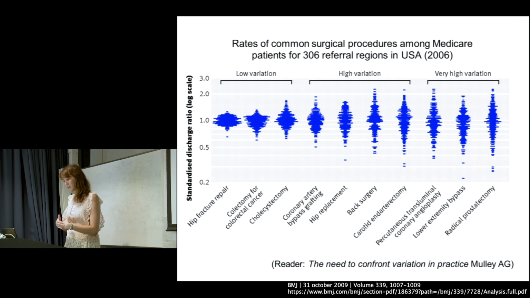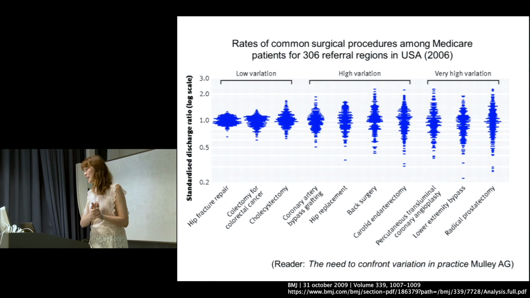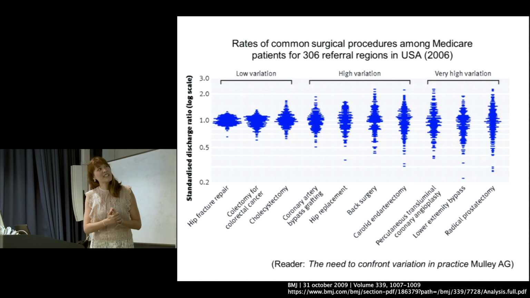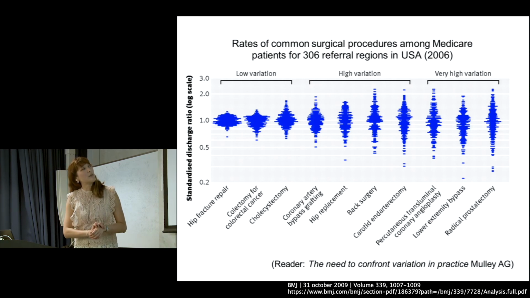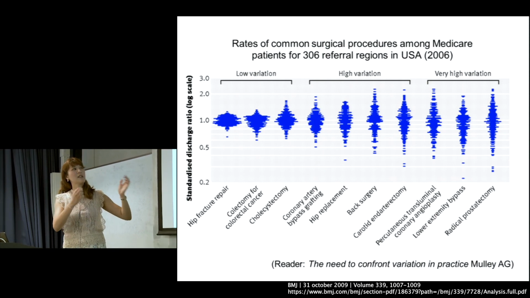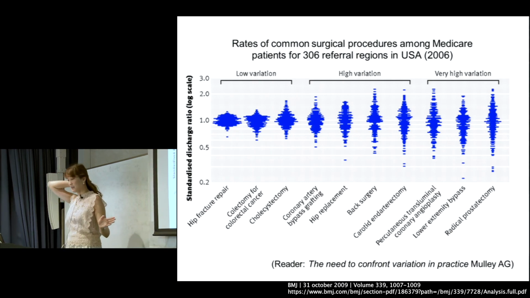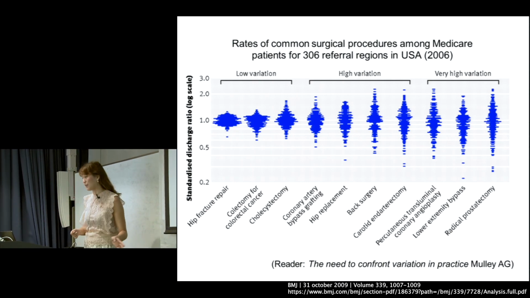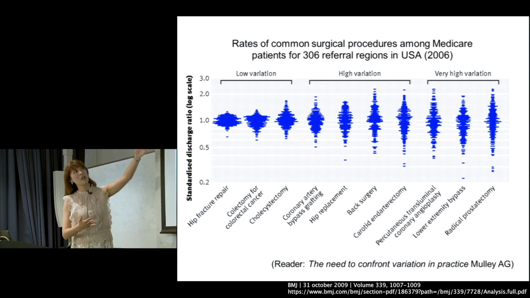Okay, so this is an interesting figure and statistics from America, just to show us the sort of variation we're talking about in terms of professional judgment. I think this is a good example of the variation in services in use and what's offered. So we've got things that are very low variation, very nicely presented. Hip fracture repair. That's reassuring, isn't it? Because your hip is either fractured or not fractured, and you hope that all fractured hips will be repaired. So that's very low variation.